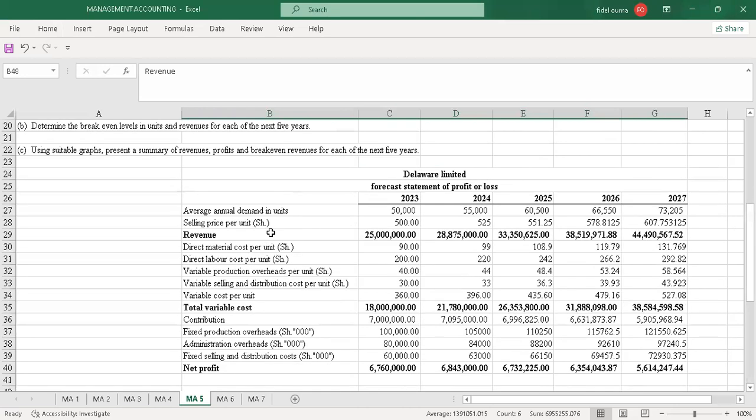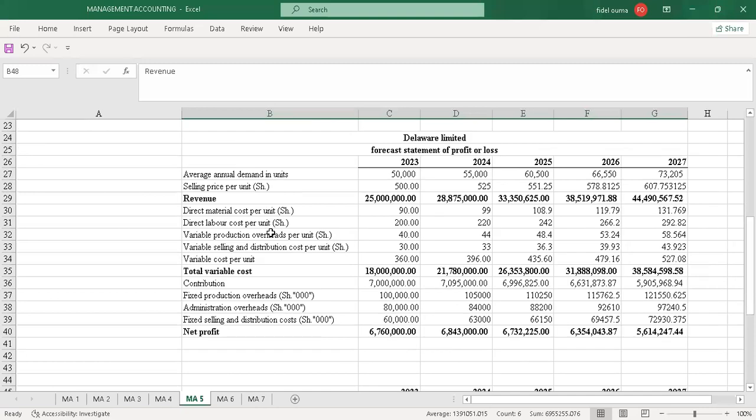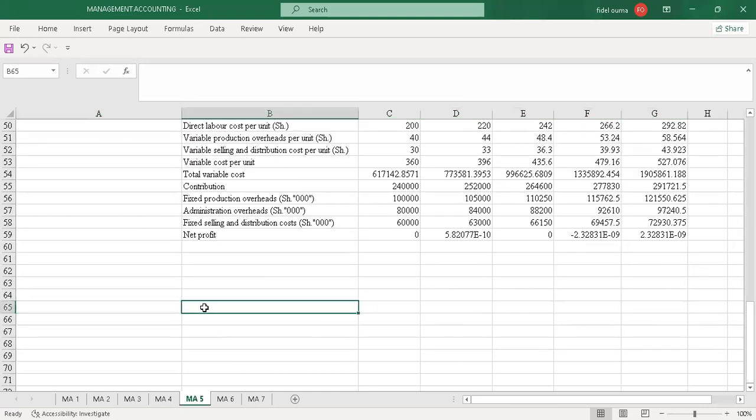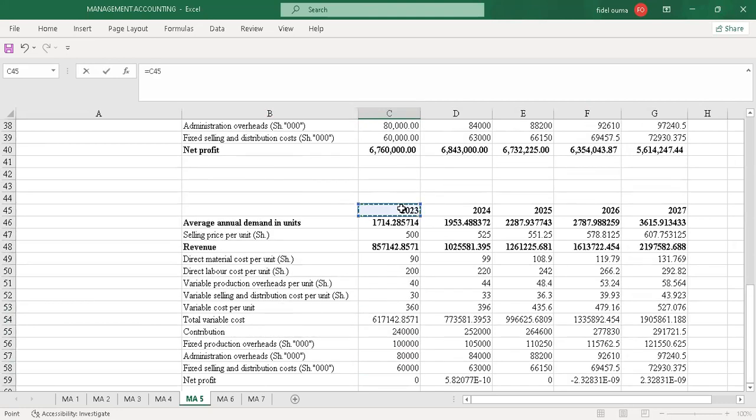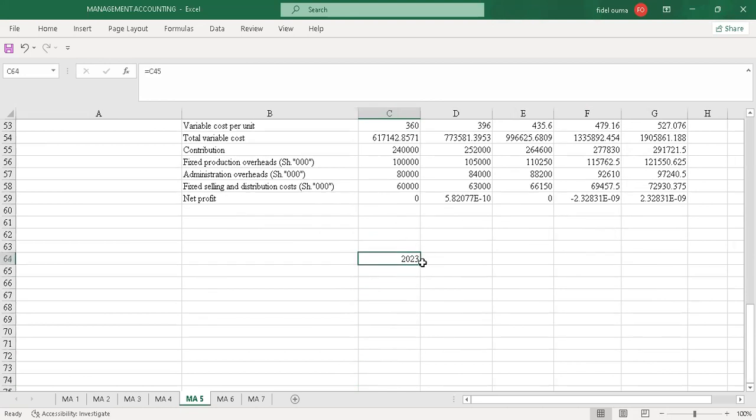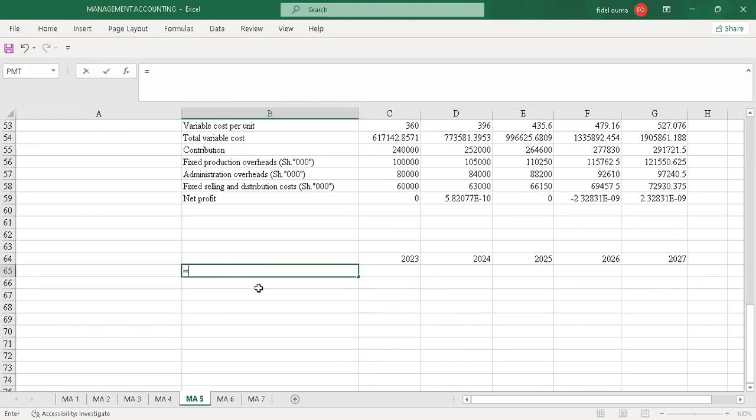So you go to part C: using suitable graphs, present a summary of revenues, profits, and break-even revenues for each of the next 5 years. So this is what we are going to do, this part C. I'll just pick the years the way they are and copy, then I drag. Then the first item they're saying we pick